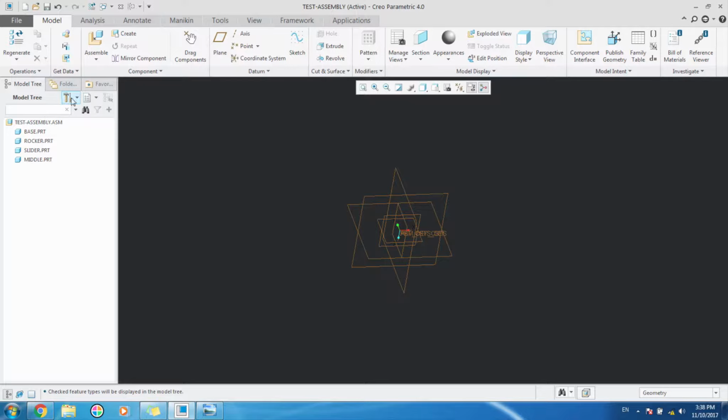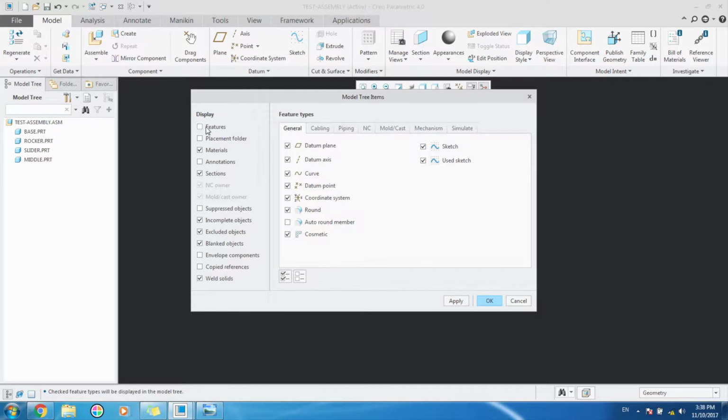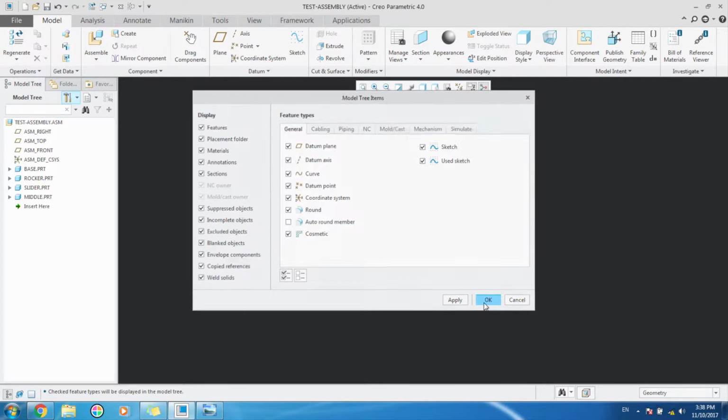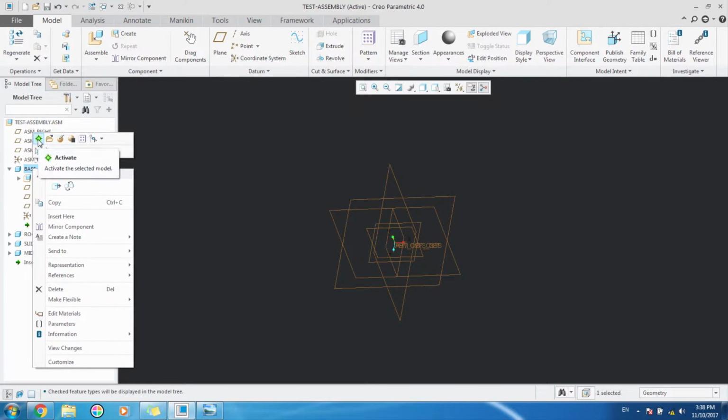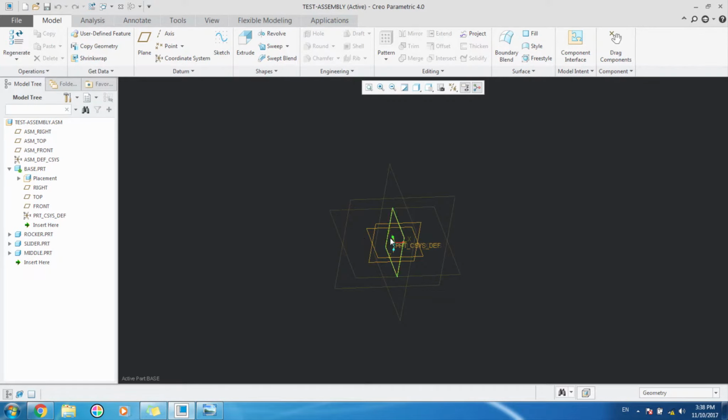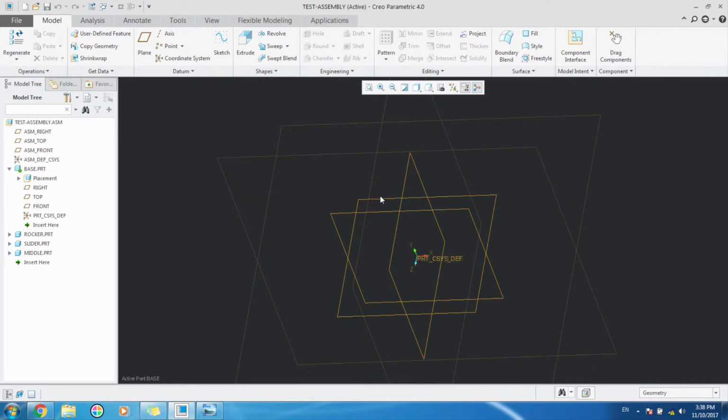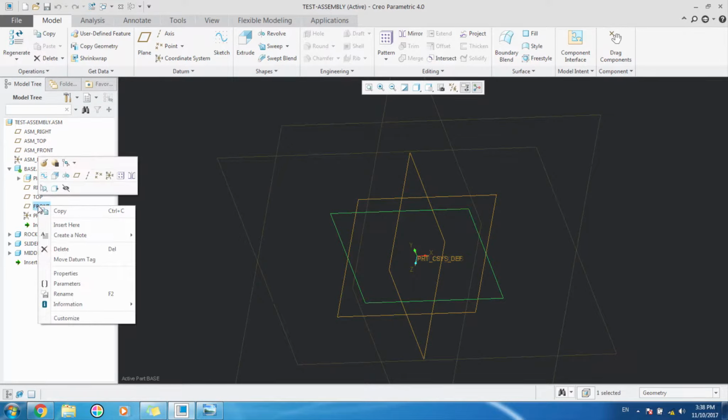So in order to show them, go to this hammer and nut and click pre-filters. Check these annotations and all of these things and click OK. Now you can see each of the parts is showing its right, top and front planes. So first we will go to the base and click here, and this will activate the base part. In the base part, we will go to the front plane from here, and